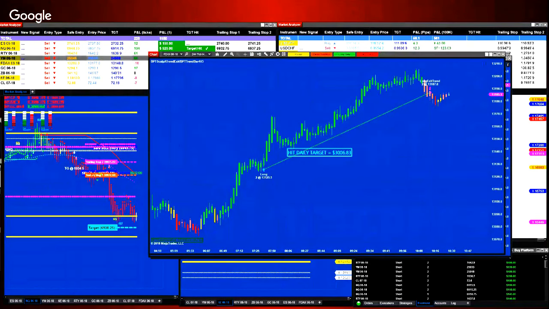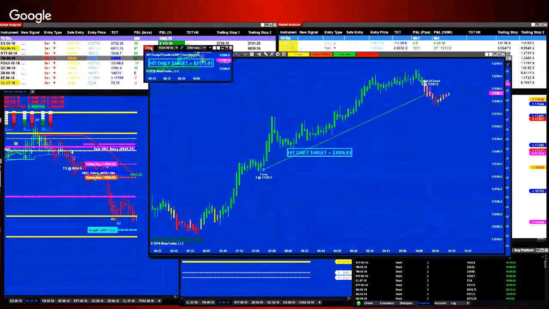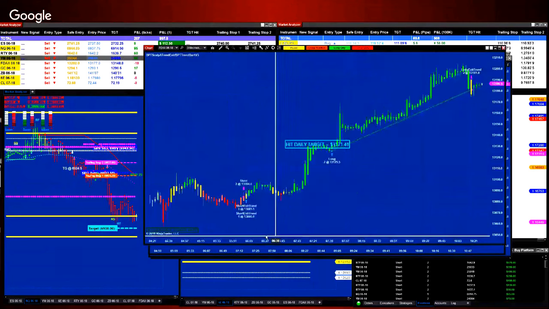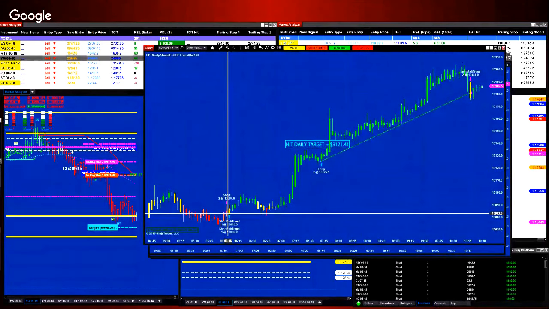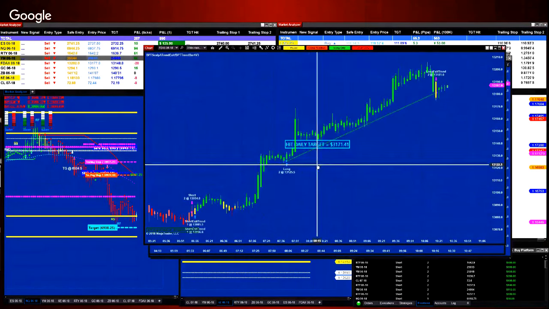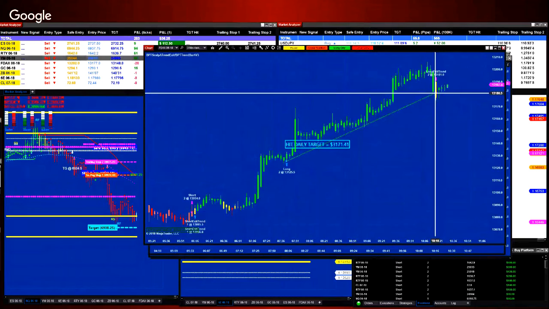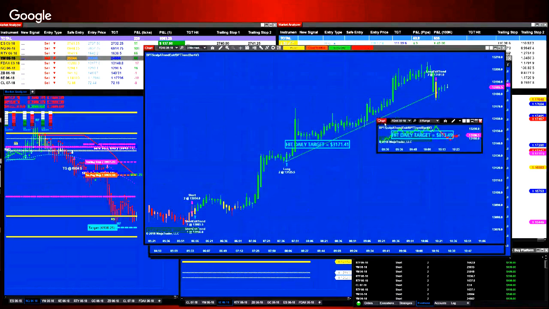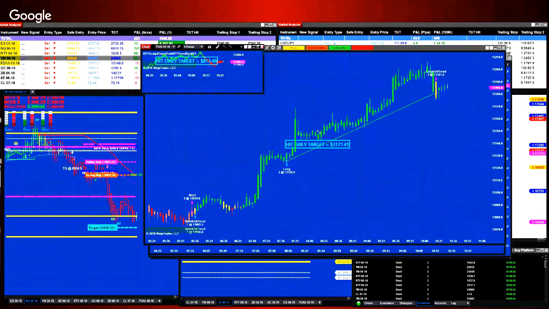For the ones that do not like a higher time frame, I'll show you also the 1 minute and the smaller time frame. And this is the DAX, and this one here based on the 3 minutes. And also we have one losing trade on the 3 minutes, and then we have an entry at 7:42 non-stop, and I took that trade until we closed that position at 10:18. The same story. I want to show one higher time frame, and then I'll show you the smaller time frame for the ones who trade the DAX.